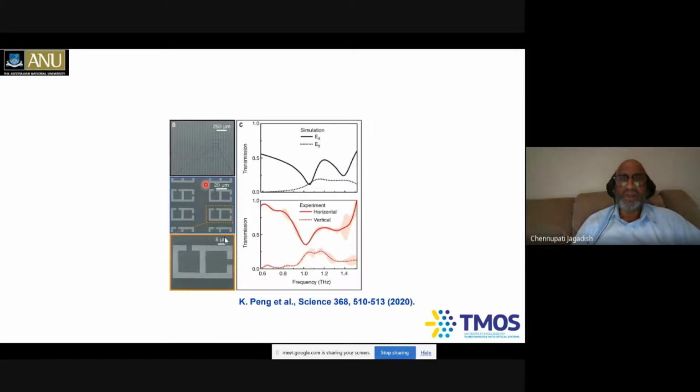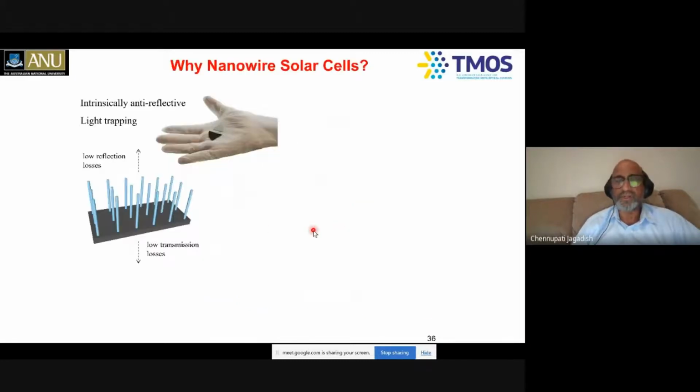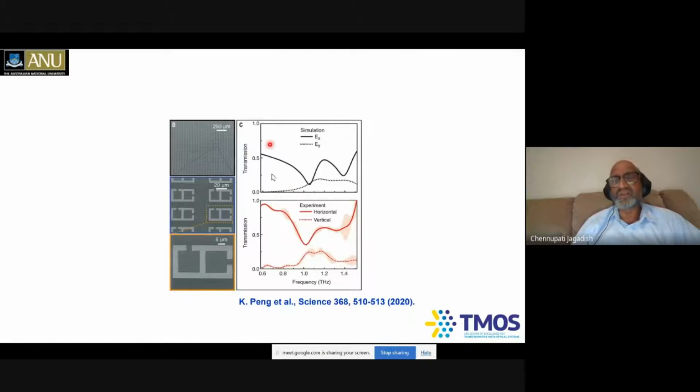So here are the fabricated devices, and here are the simulated designed structures of the X and Y polarization transmission spectra, which you would expect based on these particular terahertz metamaterials. And these are measured using the polarization sensitive terahertz detector operating at room temperature. You can see it is very much similar to what we designed and what we got, indicating that these terahertz polarization detectors are very useful to study a wide variety of molecules. And again, polarization sensitive, amplitude sensitive, phase sensitive, operating at room temperature.